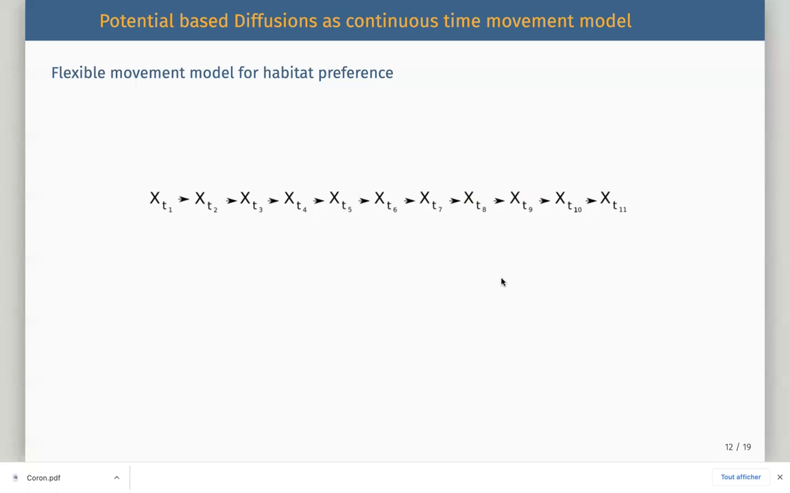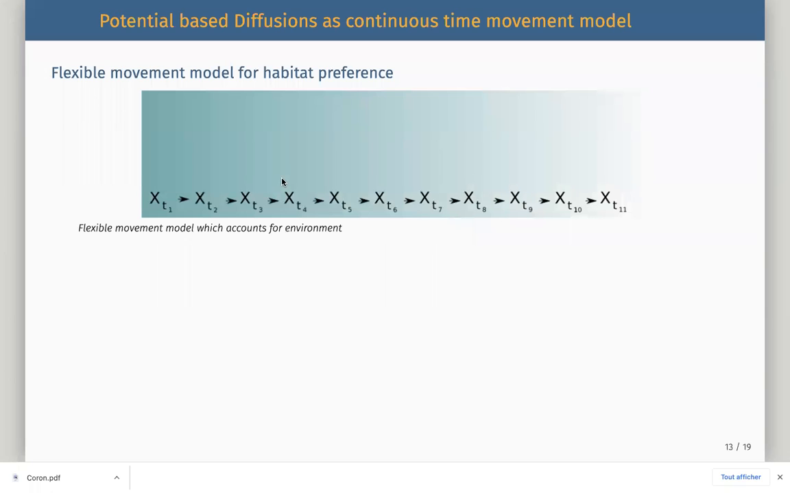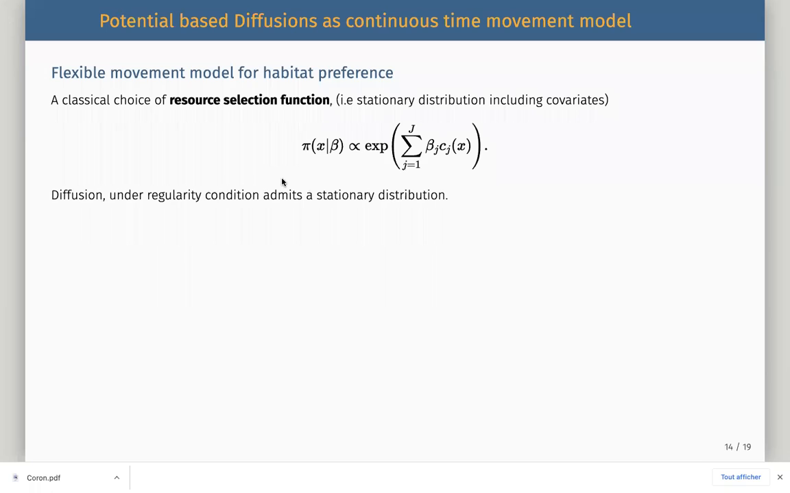So going back to the habitat preference, we still want to represent the fact that we have some dependency in the position, but that we evolve in some environment. And the ecologists are estimating what they call